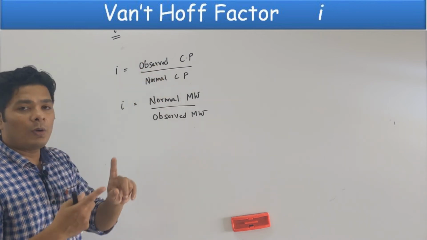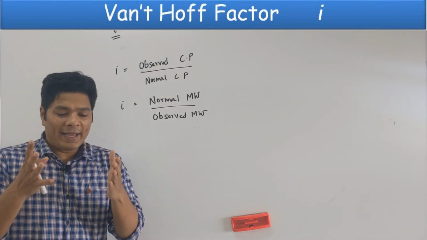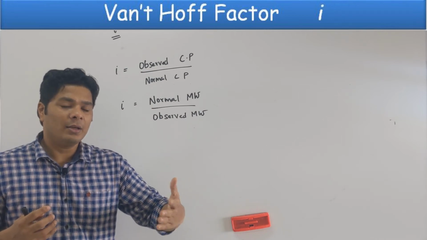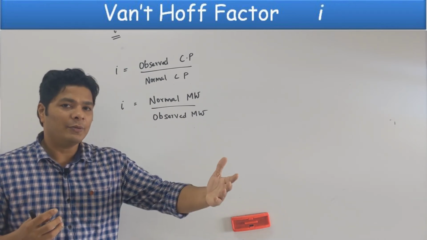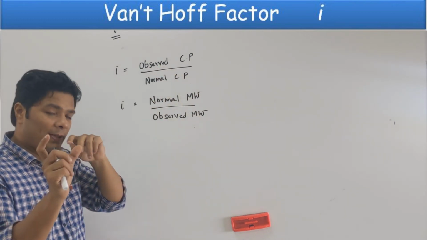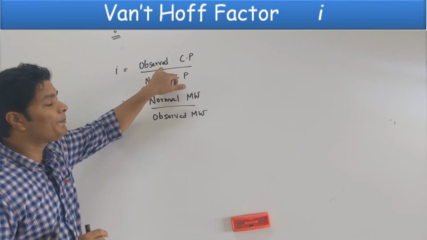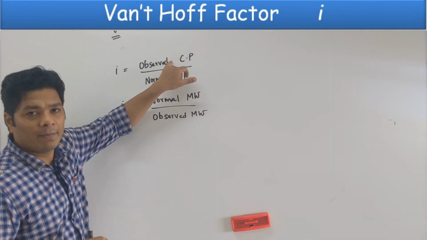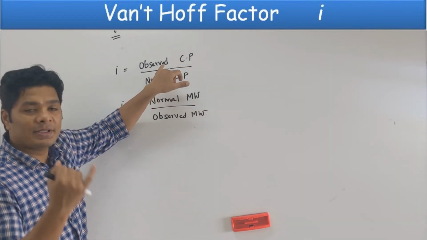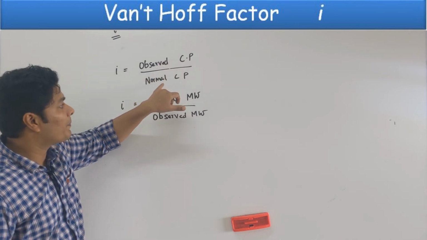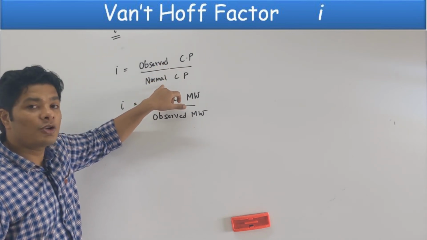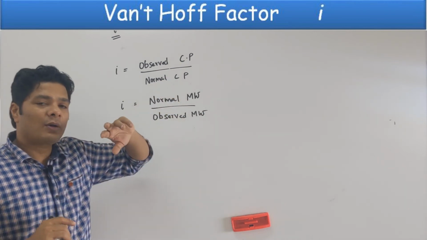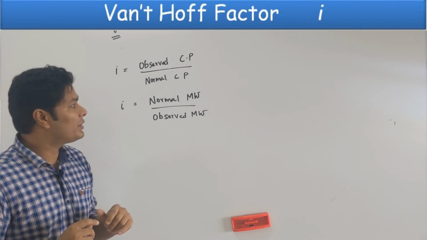Observed can also be asked as: I expect a colligative property, but because of the I value difference, in reality I get a different value. So observed can also be used by a different name, abnormal. Observed is the same as abnormal, or what you calculated experimentally. So observed is experimental or abnormal as well. Normal can also be calculated mathematically. Be very careful, these are all exactly the same, just using different words.